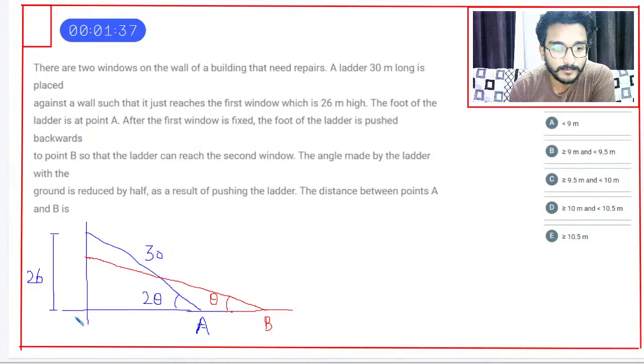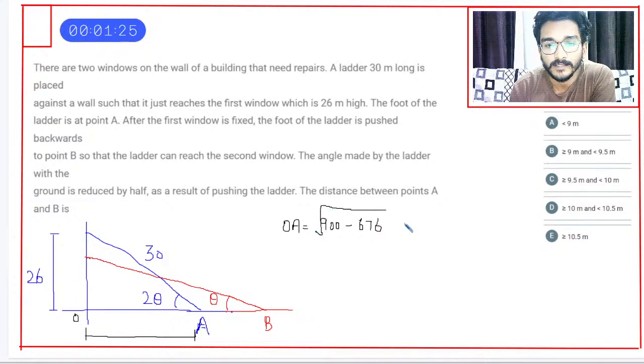लेट्स जस्ट फाइंड दिस, लेट अस से दिस इज ओ ए, ओ ए निकाल लेते हैं पहले। तो ओ ए कितना हो जाएगा, आई कैन से पाइथागोरस के हिसाब से 30 का 900, 26 का 676, 676 का स्क्वायर रूट, हाउ मच इज इट, इट इज समथिंग अराउंड 15, नहीं मतलब 225 होता तो 15 हो जाता, मतलब 14.9 है, 15 मान रहा हूँ मैं, अप्रॉक्सीमेट कर लिया मैंने यहाँ पे क्वेश्चन को।